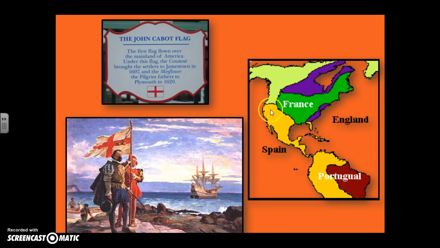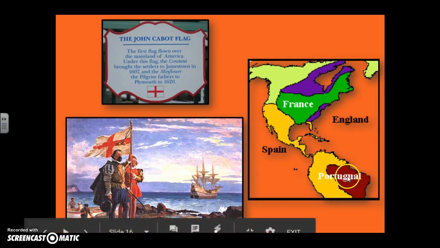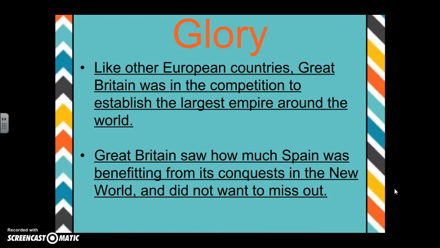We see at one point in history that France controlled most of this part of North America. The British were in the blue, and Spain is in the yellow. Portugal is down here in Brazil. Like other European countries, Great Britain was in competition to establish and have the largest empire in the world. Great Britain saw how much Spain was benefiting from its conquest in the New World, and of course did not